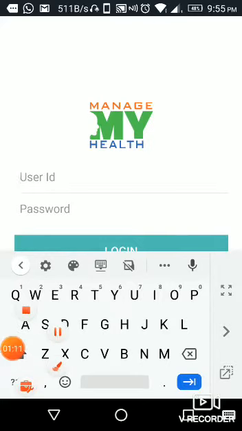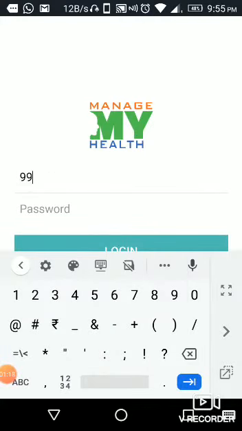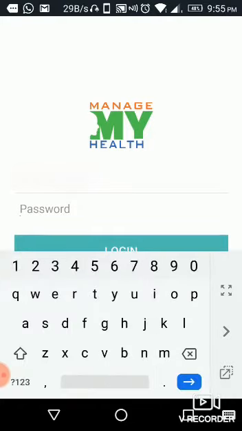So I am going to enter one user ID, let's say, and then the password, which is the patient's date of birth, in DDMMYYYY format.